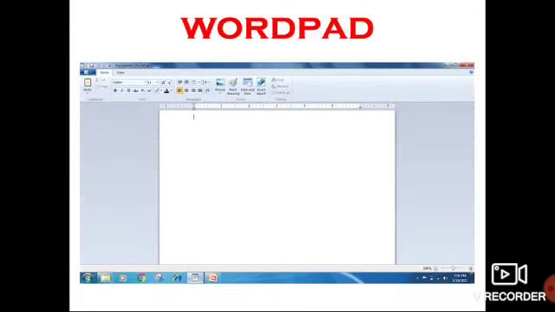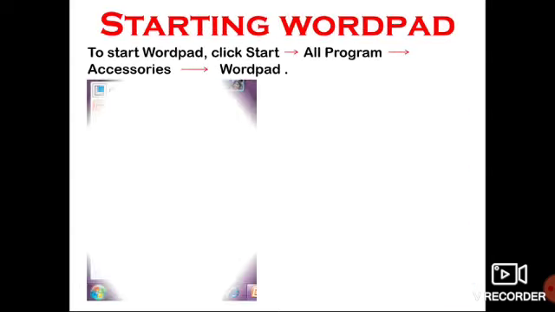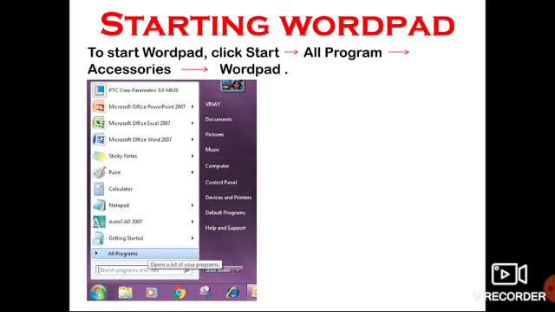So when you open WordPad, the screen of your laptop or computer looks like this. This is the WordPad window. Now let us see how to open WordPad. To start with WordPad, you have to first click on the start button. You can see the start button at the left bottom corner, the Windows icon.